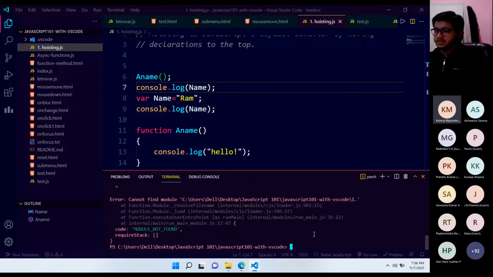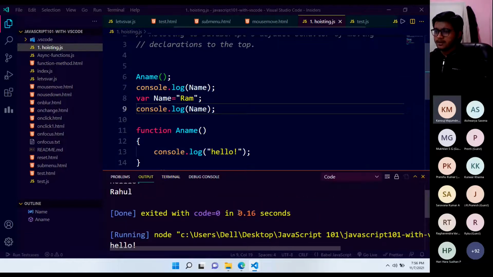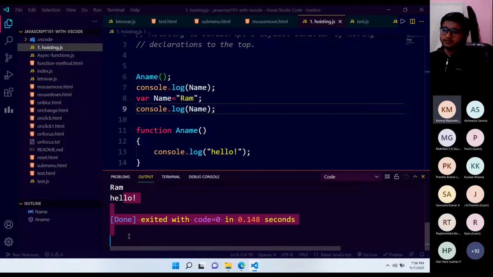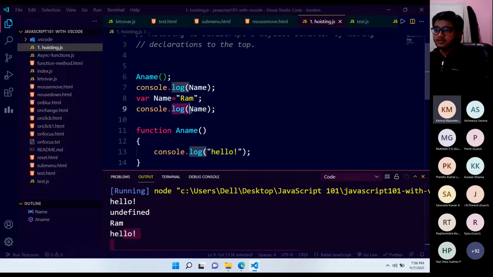Sorry, this didn't work because I have a lot of things here. I'll just run it from here. So the output here you get: hello, undefined, ram, and hello. So undefined is for this one. Okay. So as I said, there are 3 things. So I'll tell you